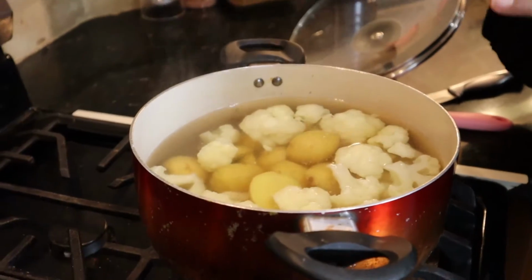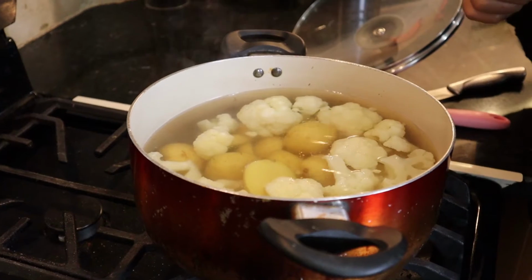Then you strain it out. I've done that before. Then I add some seasonings on it and I throw it in the air fryer. You know, you par cook it that way. This way we're gonna mash these up. So I'm gonna drain this out, and then I'm gonna add some seasonings, and I'm gonna show you how to